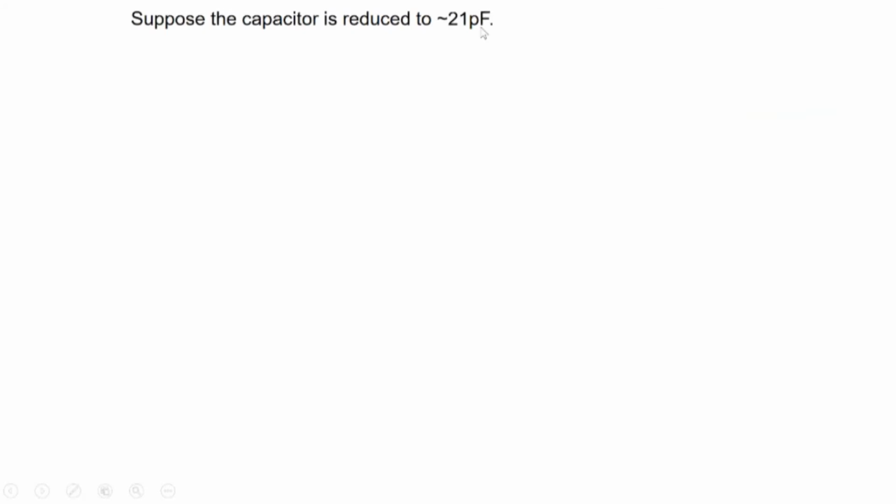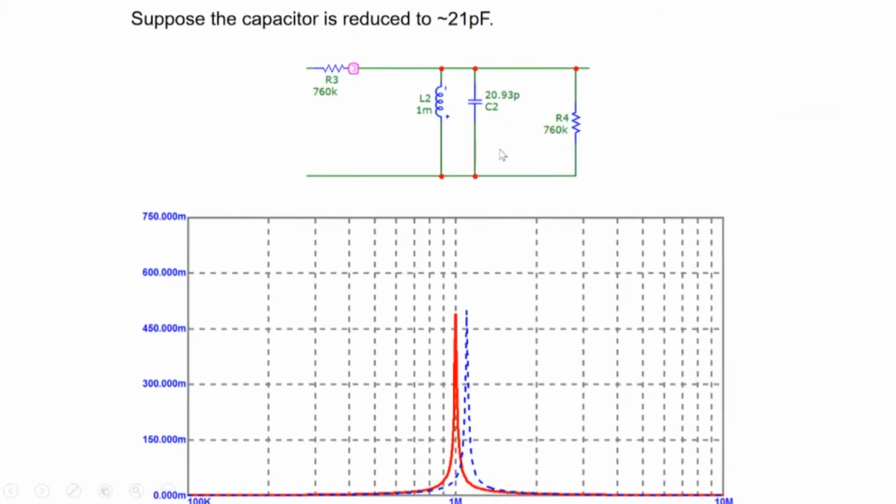Now we said, suppose the capacitor is reduced to 21 pF, what happens here? We can see here, the first one is with the original value of the capacitance, and the next case is where the capacitance is reduced to around 20.93 picofarad. One can see the effect of the change in capacitance is nothing but to change the frequency at which the circuit is most sensitive, from 1 megahertz